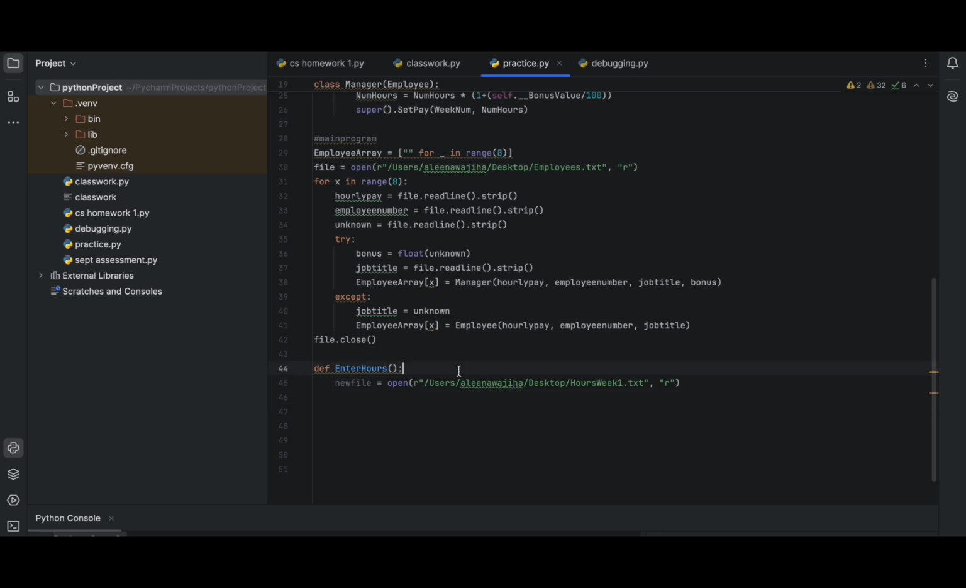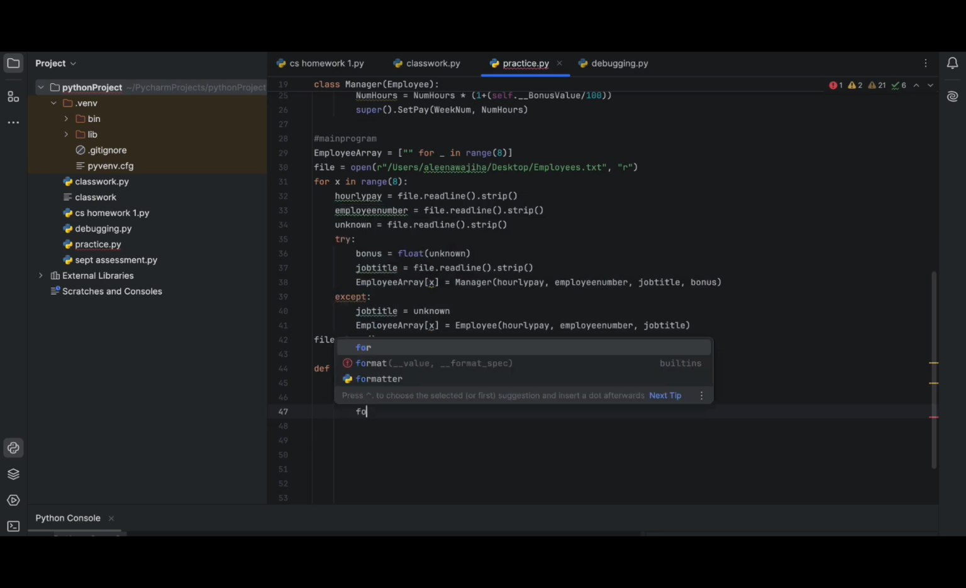So it's good to put it in the try block as well, so that in case the file does not open, it's going to give us the error. Okay, now we are going to put a loop. So for example, we've already used x above, so we can just use y. For y in range 8,